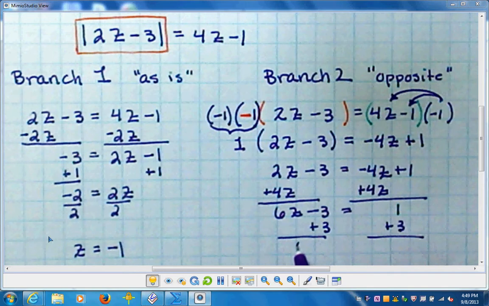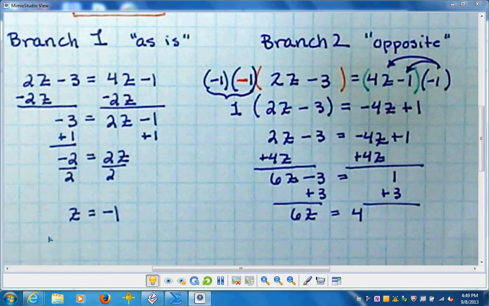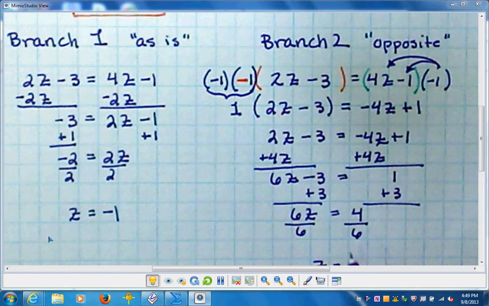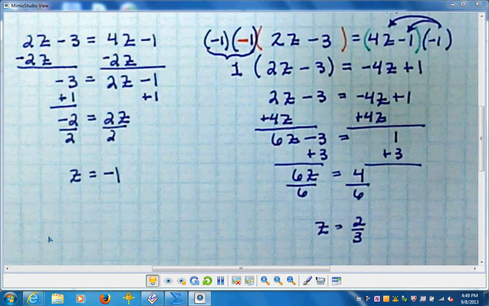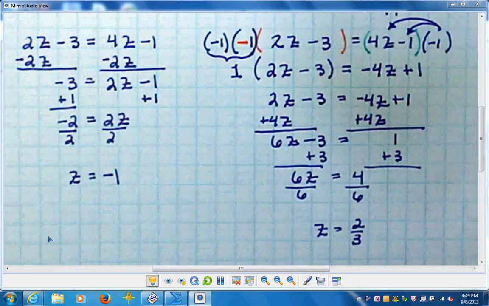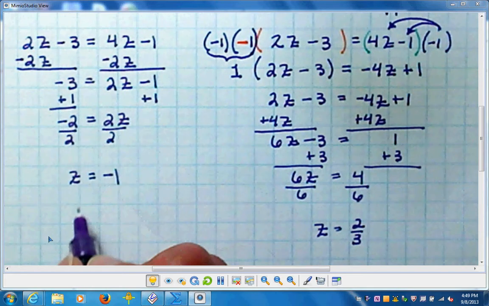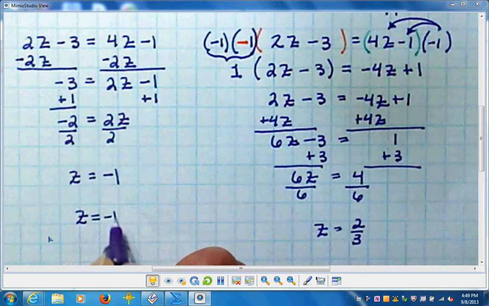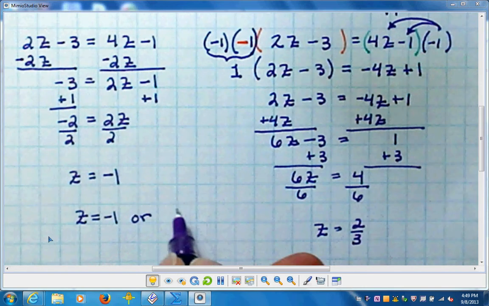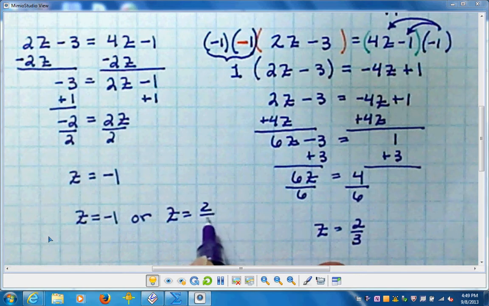So this gives me 6z equals 4. And now I'm going to divide both sides by 6. So I get z equals, this is going to simplify to 2/3. Okay, so we could very easily stop there and say, okay, well, z equals -1 or z equals 2/3, but